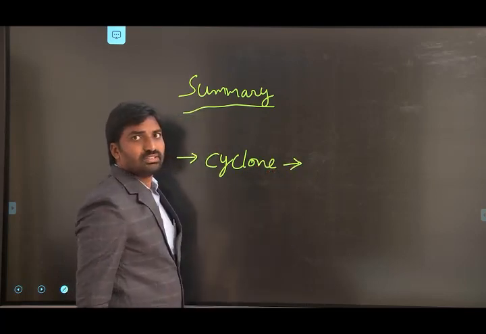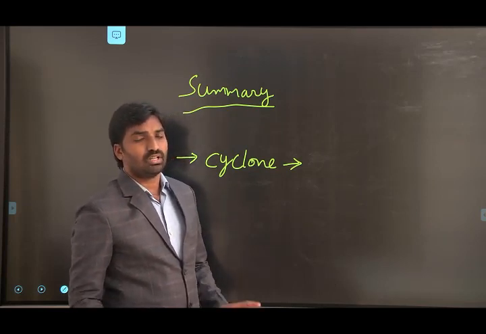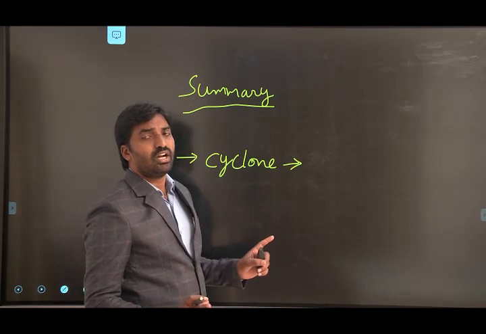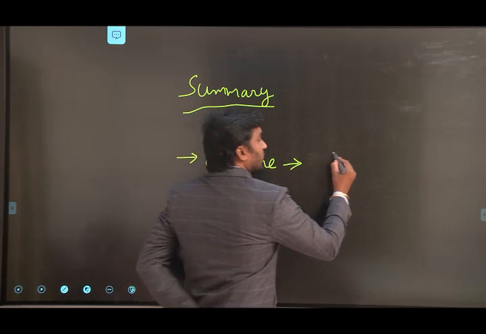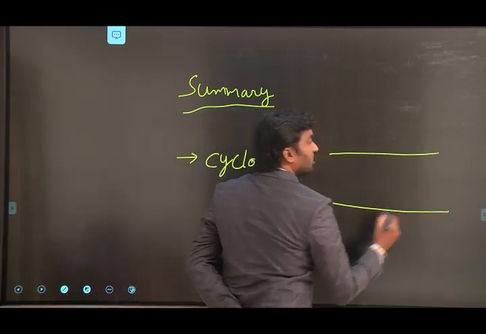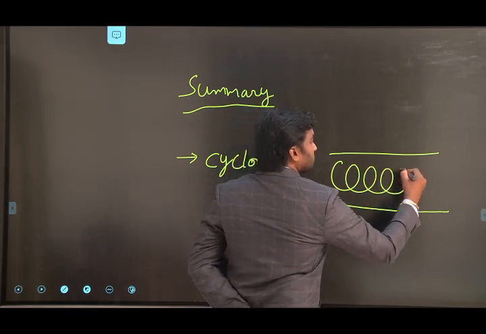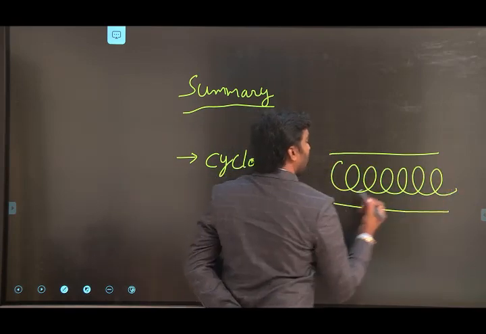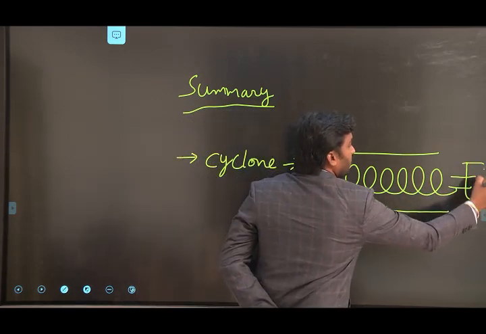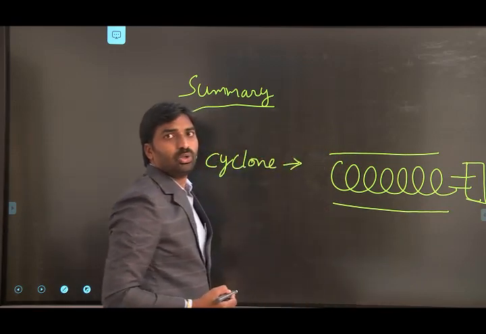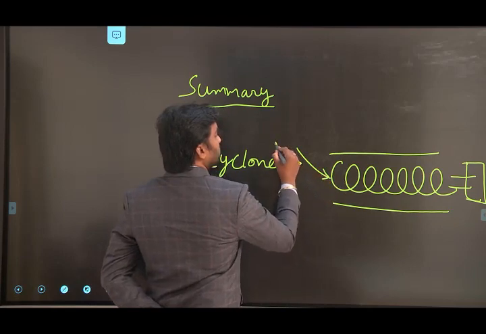A cyclone furnace is a coal combustion chamber of a spiral type. The cyclone furnace consists of a horizontal cylinder, and inside it you see the spiral content. It is connected to a furnace or boiler at one end, and here we are supplying the fresh air